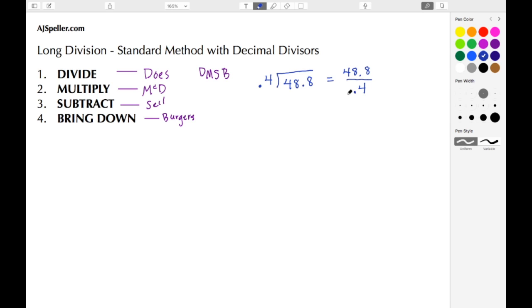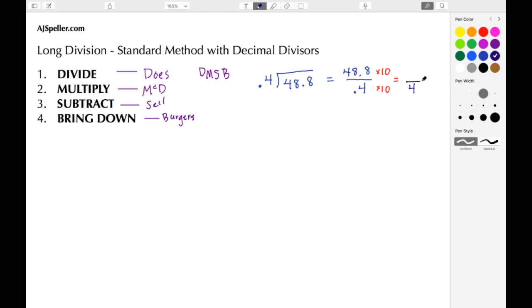All right. What we want to do here, though, is we have to make that divisor a whole number. Well, to make this 4/10 a whole number 4, we have to move this decimal point one place to the right, and in doing so, that means we have to multiply by 10, because we know multiplying by 10 moves the decimal place one place value to the right. And we also know that anything we do to the denominator, we must do to the numerator. So if I multiply by 10 in the bottom, I have to multiply by 10 at the top. And in doing so, these decimal points just move over one place value.